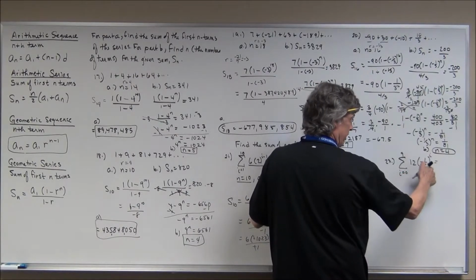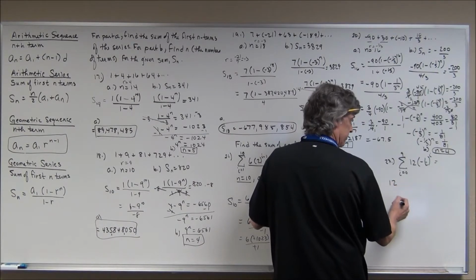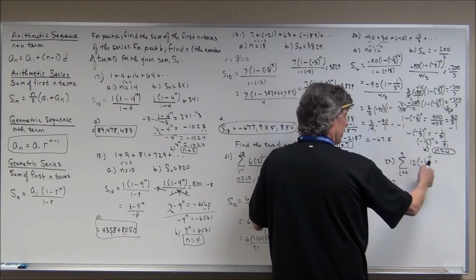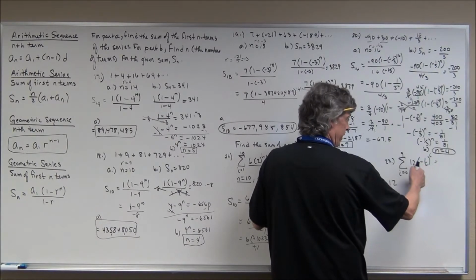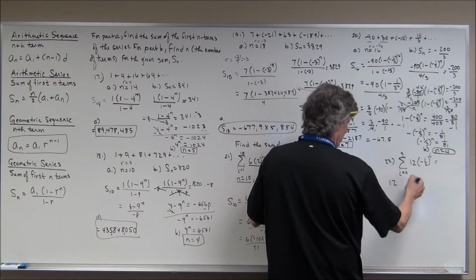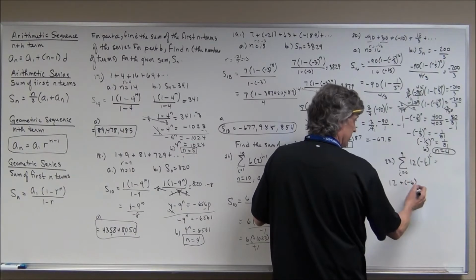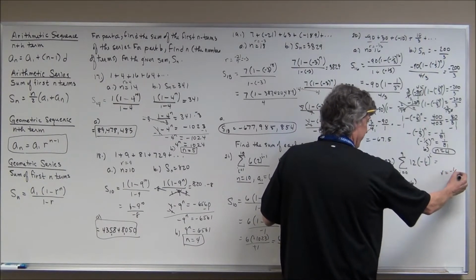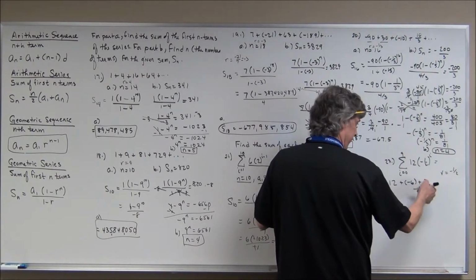Plugging 0 in, negative 1/2 to the 0 is 1, so my first term is 12. Plug 1 in, because you're going from 0 to 9. Negative 1/2 to the first is negative 1/2, times 12 is negative 6. My common ratio here is negative 1/2, so I'm multiplying by negative 1/2 each time,